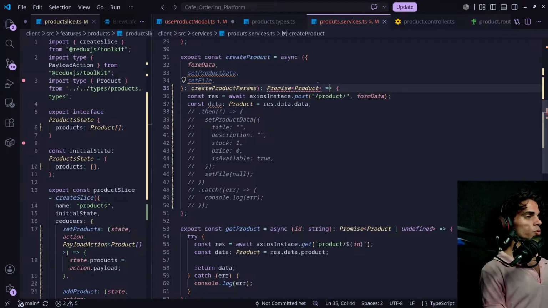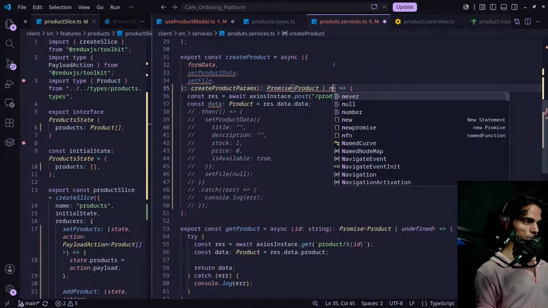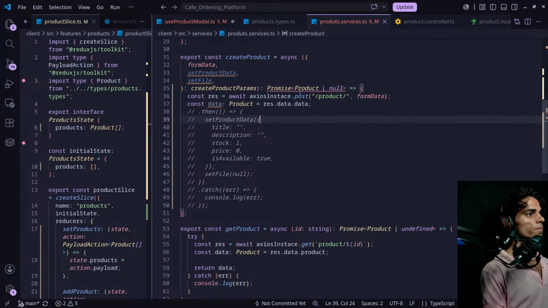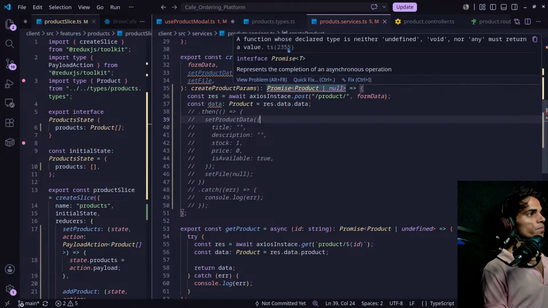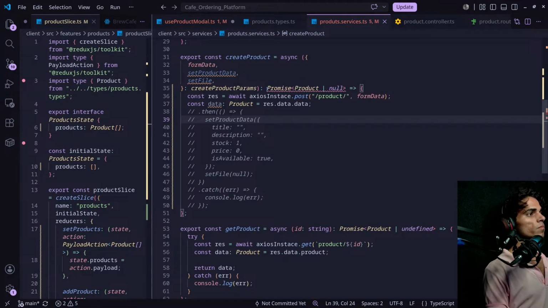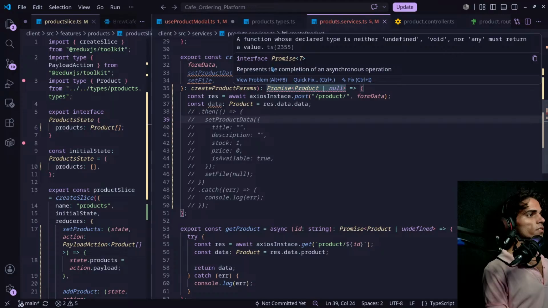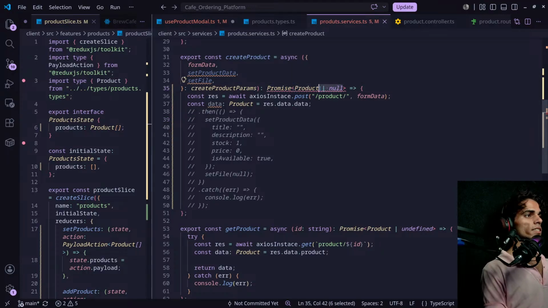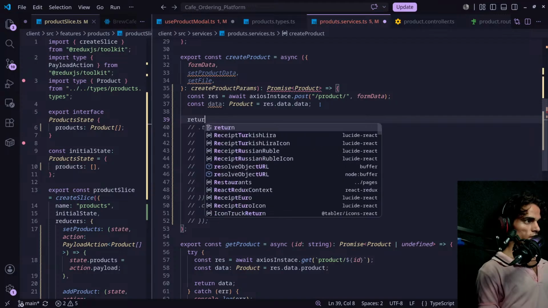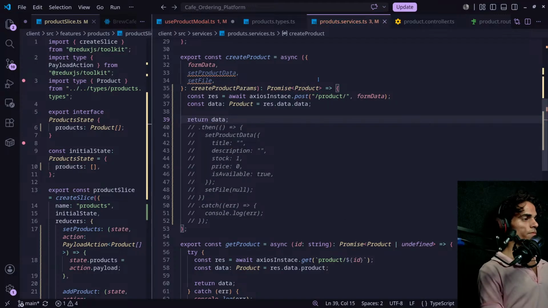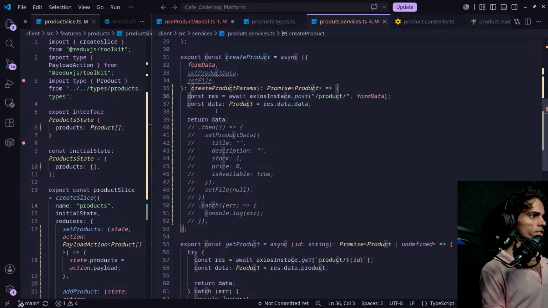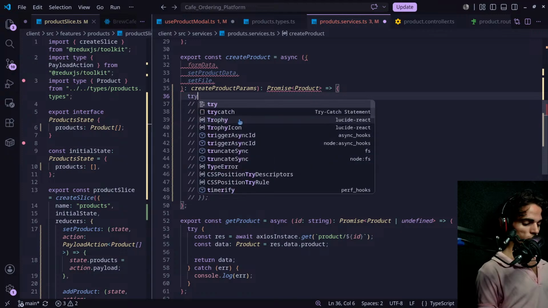We'll return product or null. A function must return again. Just cut it. Let's return it. Return data. And okay, this is what we have to return. Control X